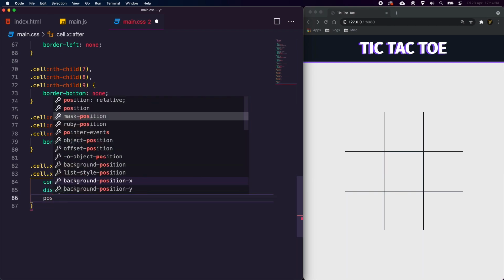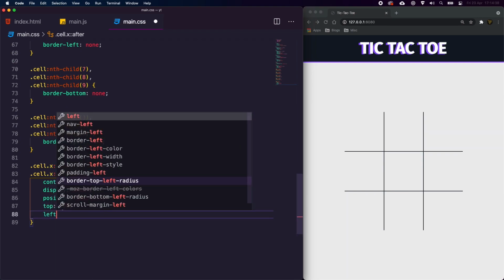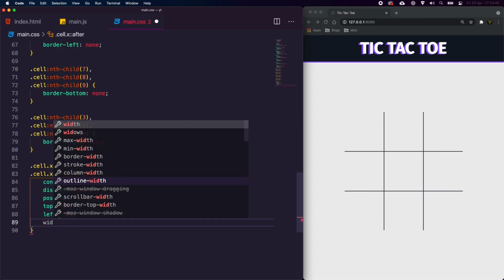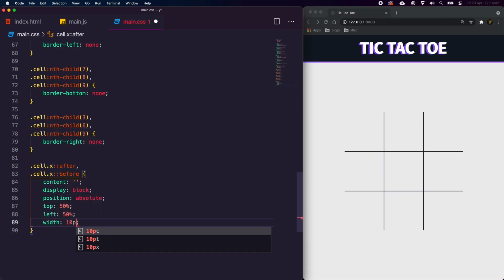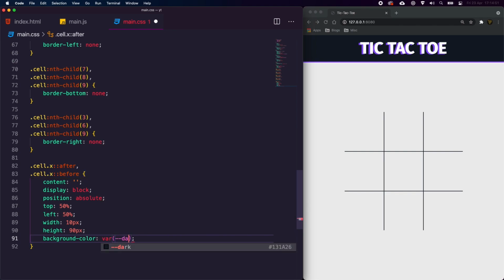We're going to give it a position of absolute, a top of 50%, a left of 50%, a width of around 10 pixels, and a height of 90 pixels. We're then going to give it a background color of far dark, and a border radius of 99 pixels to